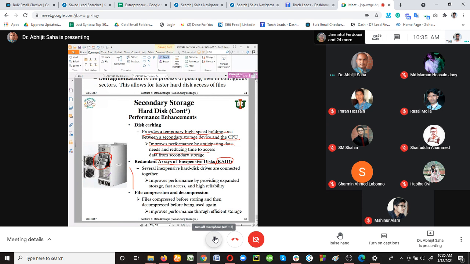Yes, sir. Got it. The last one is file compression and decompression. File compression and decompression is a simple thing: we are using zip folders, right? We are compressing those files into a single folder, or even a single file can be zipped and unzipped. So that is the zipping technology you are using. Different apps are there: WinZip is there, WinRAR is there. So there are different compression and decompression